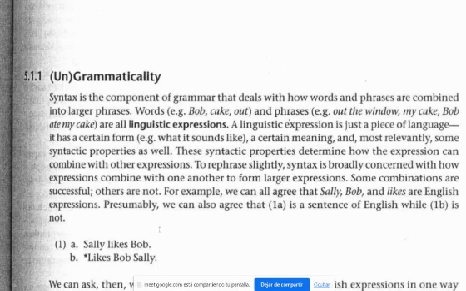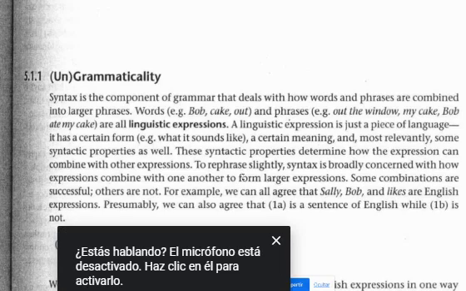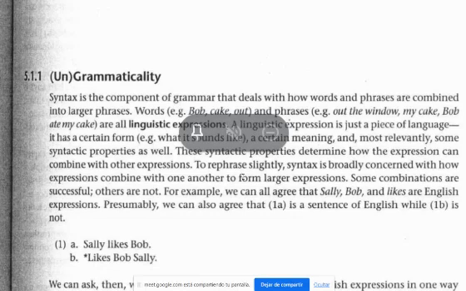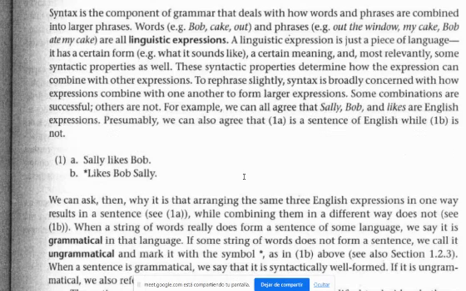These syntactic properties determine how the expression can combine with other expressions. To rephrase slightly, syntax is broadly concerned with how expressions combine with one another to form larger expressions. Some combinations are successful, others are not. For example, we can all agree that Sally, Bob, and likes are English expressions. Presumably, we can also agree